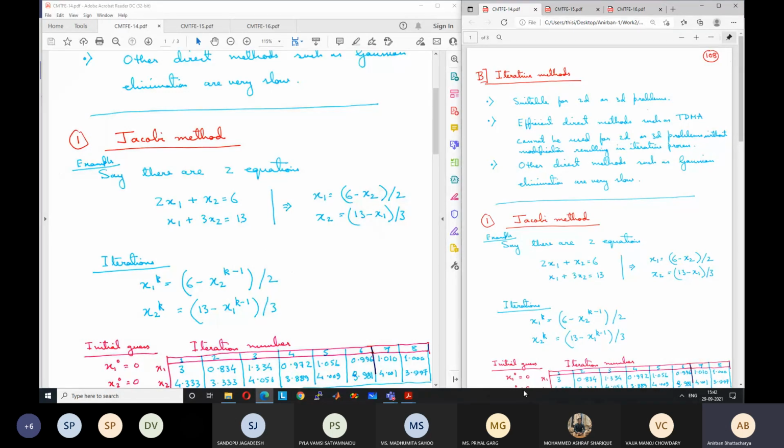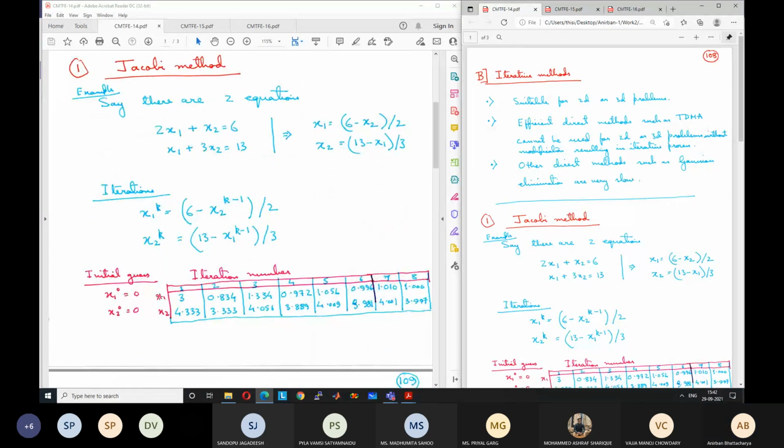We have seen the process. So we have to take an initial guess. There is no hard and fast rule for taking the initial guess. You can take any initial guess, but the number of iterations required for convergence will depend on it. If the problem is set up for convergence, it will converge, but it may take more or fewer iterations depending on the initial guess. We can have some guidelines. For example, we can take some realistic value, like the initial temperature of the domain, or the inlet velocity for velocity, or 0 if nothing else is known.